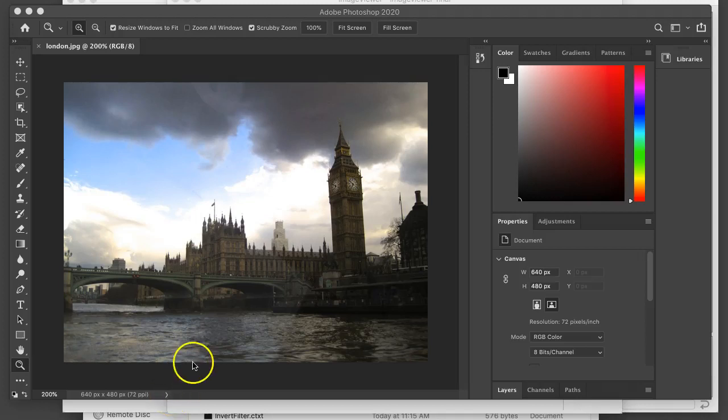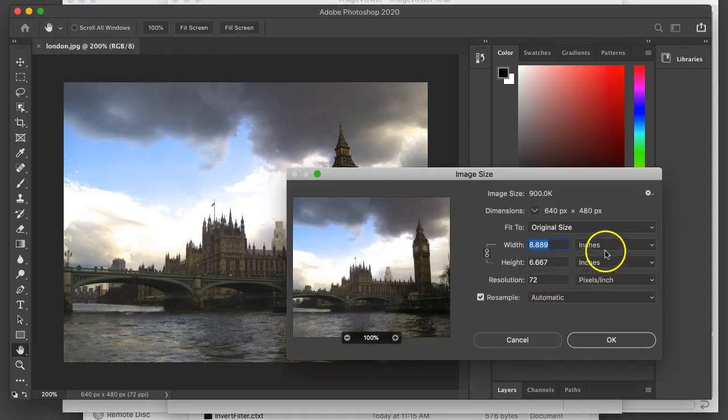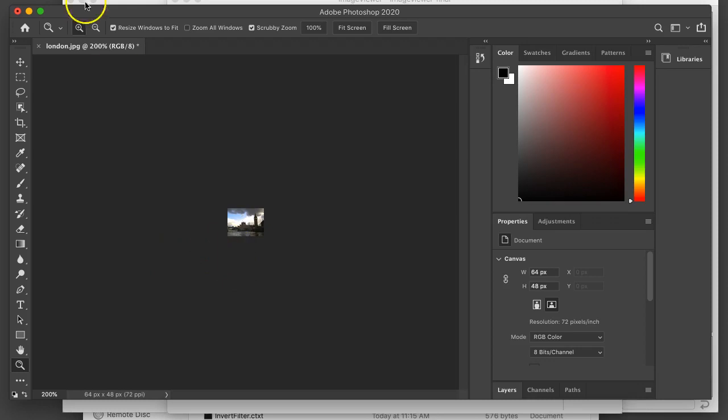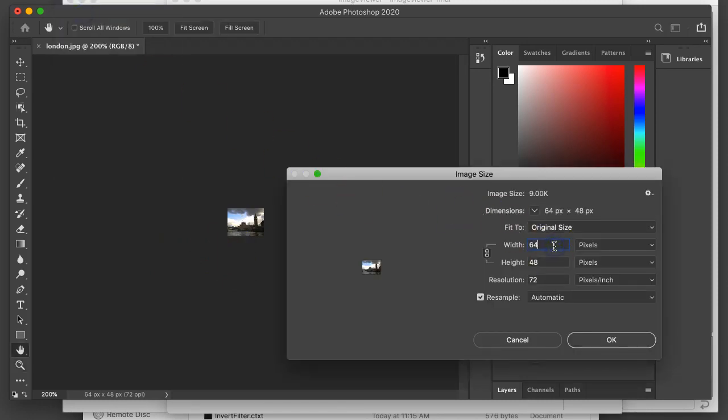Okay, so what we're seeing here is clearly not BlueJ. I am opened up in Photoshop. This is the same image that we had before. If I resize this image, the size is currently 640 by 480. Let's say I make this 64 by 48 pixels, and it shrinks down. It's so tiny. And then if I go image size, bring it back to 640 by 480,